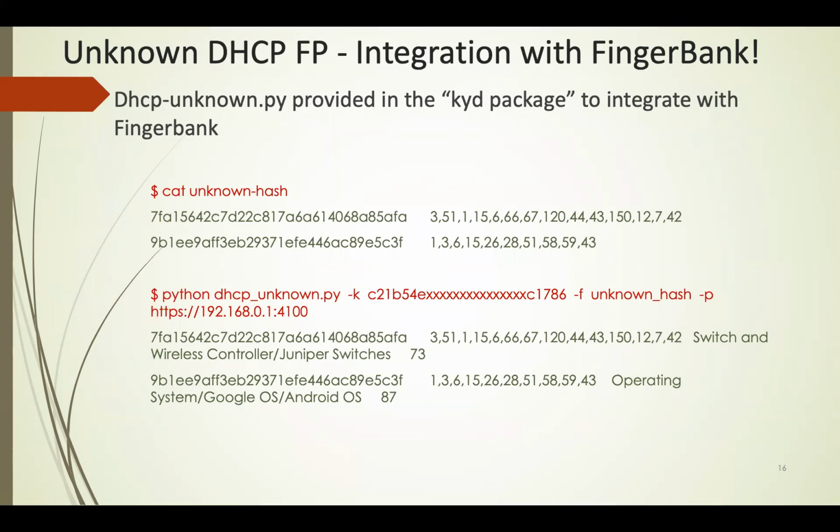So the unknown hash is a pretty straightforward file. All you need to do is have the hashes and the corresponding fingerprints separated by a tab. If you provide that file to the Python script with your API key, then the script will query Fingerbank with all the unknown hashes, and if the combination is available in Fingerbank, or if there is a known device type that corresponds to that hash, then you can get a response from Fingerbank,